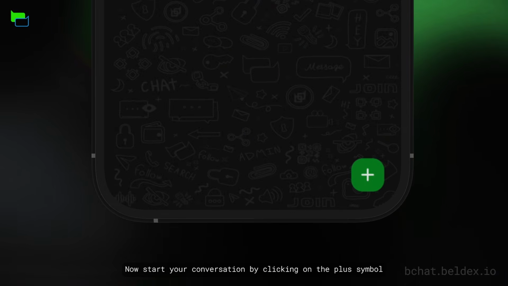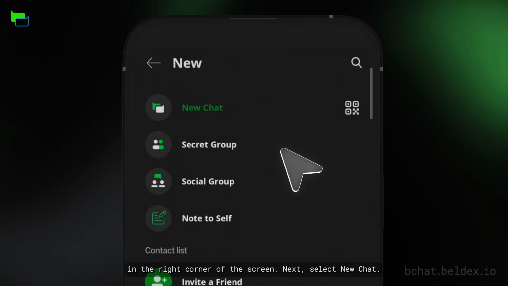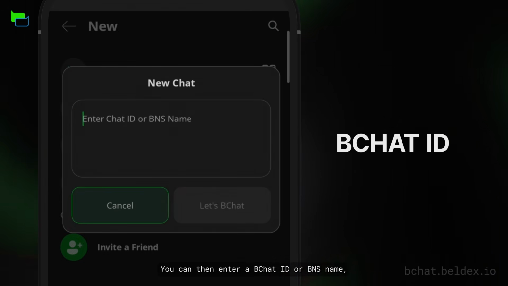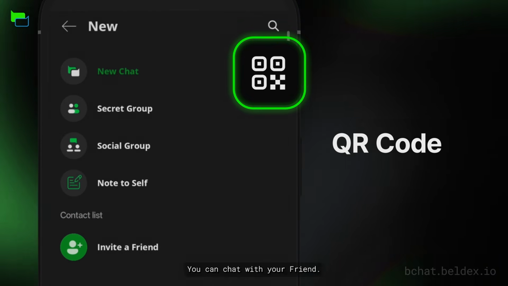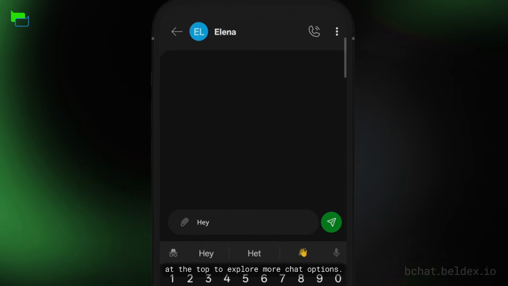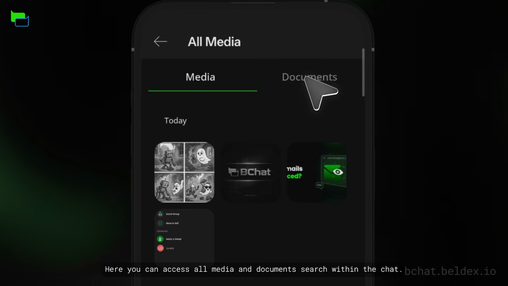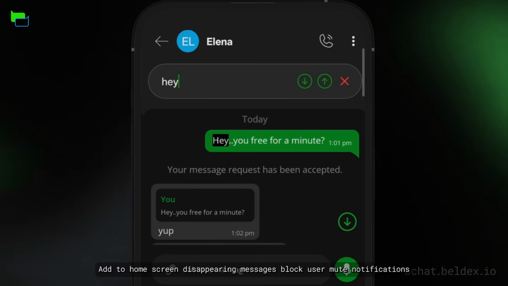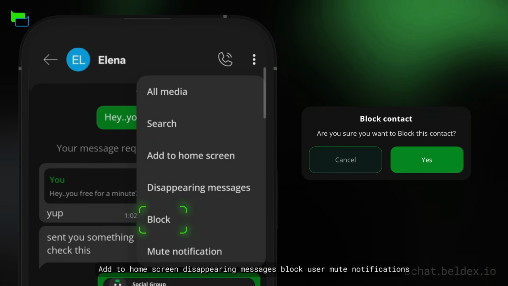Now start your conversation by clicking on the plus symbol in the right corner of the screen. Next, select New Chat. You can then enter a BChat ID or BNS name, or scan a QR code to begin a conversation. You can chat with your friend. Then tap on your friend's profile at the top to explore more chat options. Here you can access all media and documents, search within the chat, add to home screen, disappearing messages, block user,